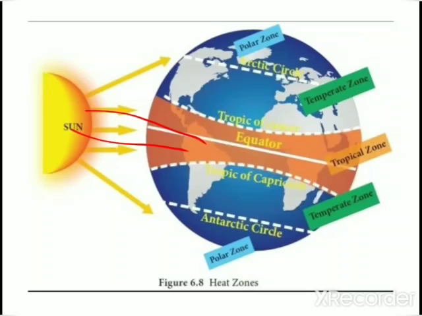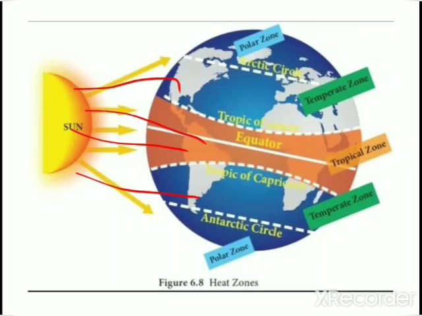Next is the temperate zone. This region has a mild climate ranging between warm to cool. So the climate will be moderate. This is so because the sun is never directly overhead. You can see here the sun is not overhead of the temperate zone. It is found between the Tropic of Cancer in the north and the Arctic Circle over the northern hemisphere, and it is called the north temperate zone. And we have in the southern hemisphere, between the Tropic of Capricorn and the Antarctic Circle.